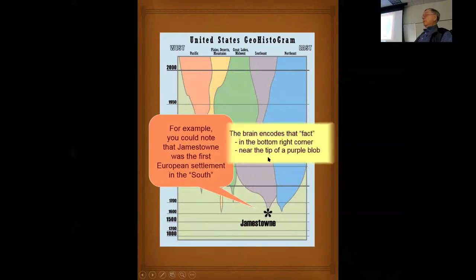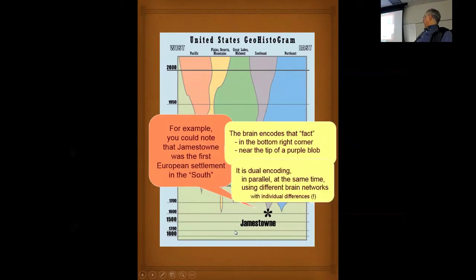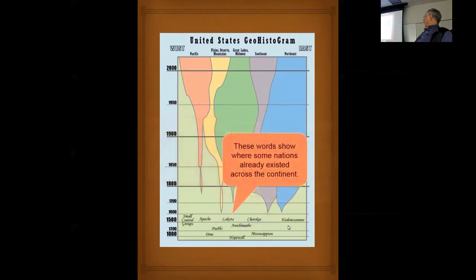Make sense? The brain encodes that, like I said, in multiple ways, relative to the colors, relative to the box outlines, what it's between. All these prepositions are stored in a different place. But I'm happy if they remember it's kind of at the bottom right-hand side. Now, that's called parallel encoding, and there's all kinds of brain research. There is a layer on the clickable version that has some of the